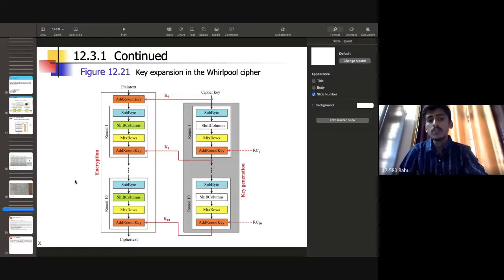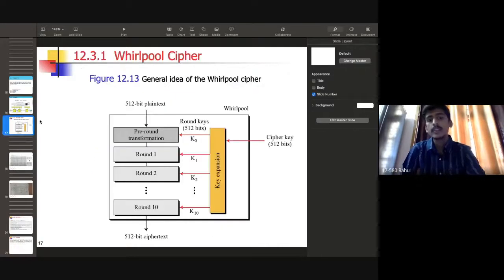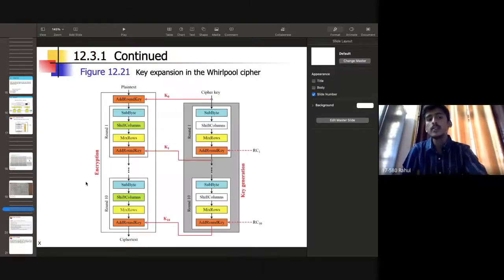For the first round it has generated k1, so it will use k1. For round 2 it will use the generated round key k2. Similarly in round 10 it will use key k10, so that the process becomes easier.